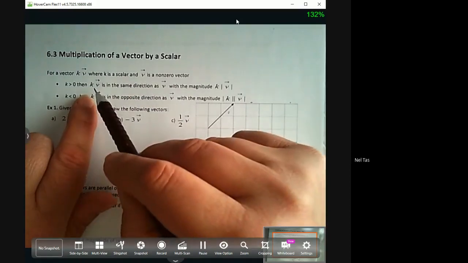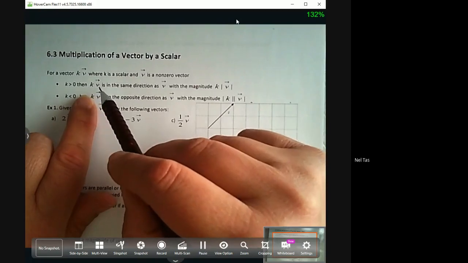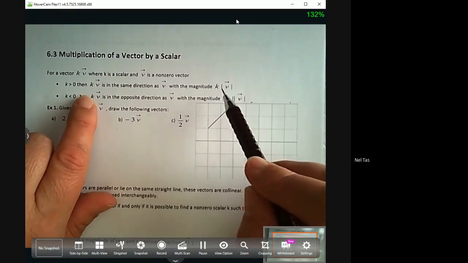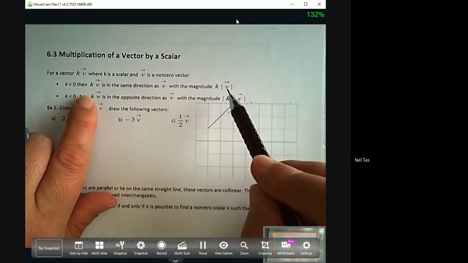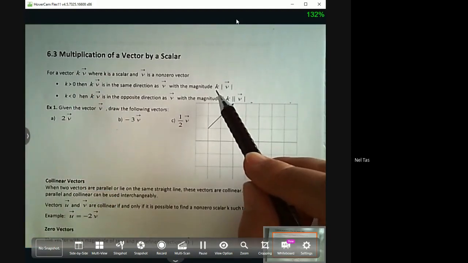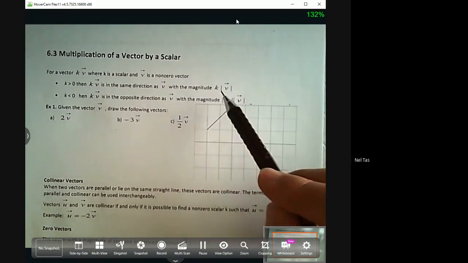So if k is 5, v and 5v have the same direction, and the magnitude is k times the magnitude of v. Let's say if the magnitude of v is 10 and k is 5, the magnitude of 5v is going to be 5 times 10,